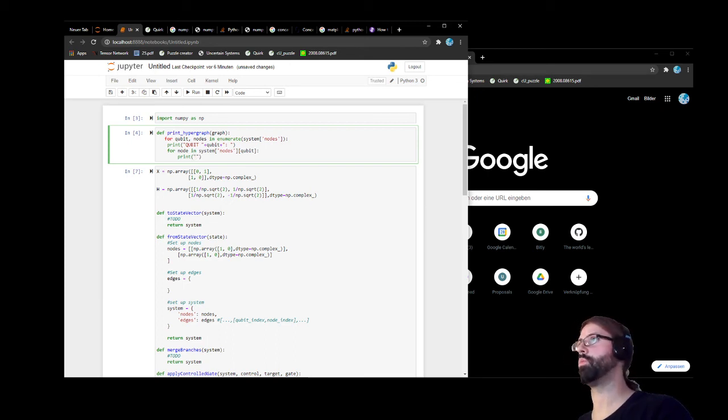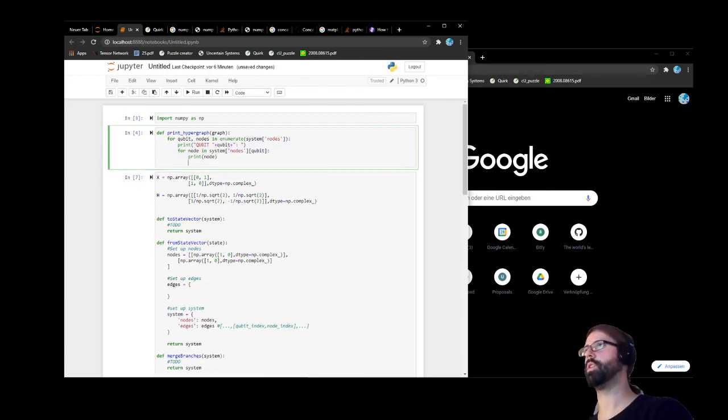I just print the node. Okay, so print node. Cool. So that's why it's red. So just print a node, and then